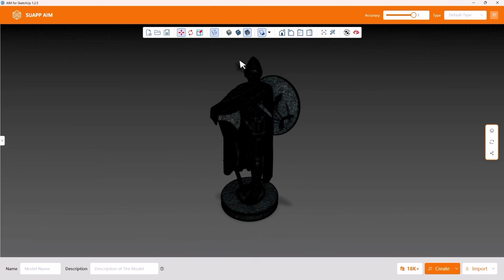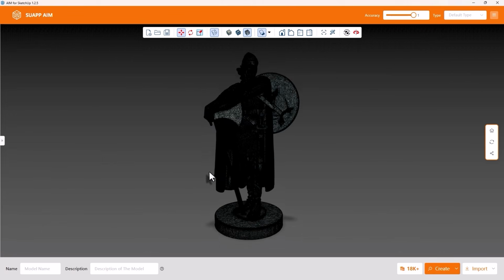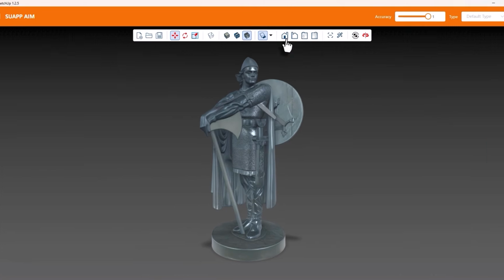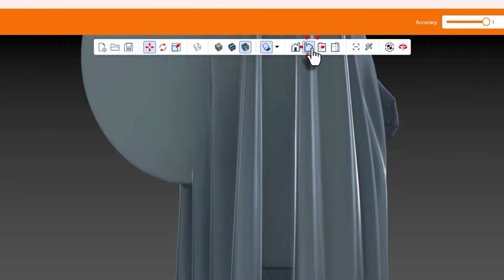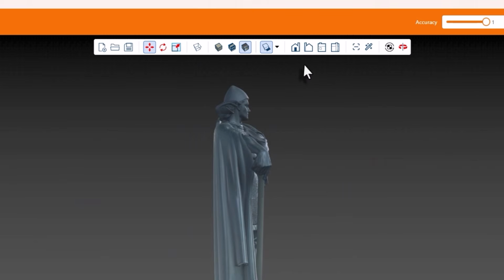Look at that. Look at the details. Look at the segments that this thing has, and it is on the highest quality. And on top, we have some options that we should know. For example, we have our views like front view, back view, right side, left side, and we have some other